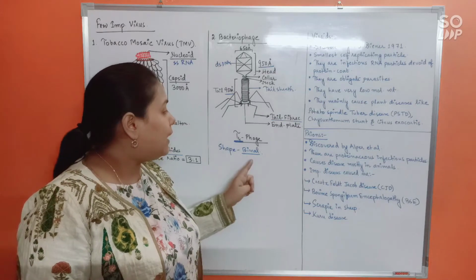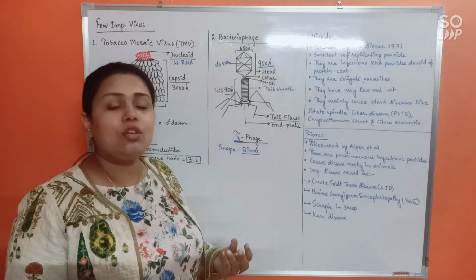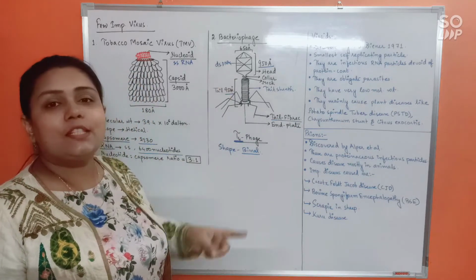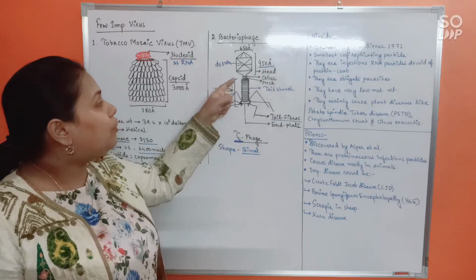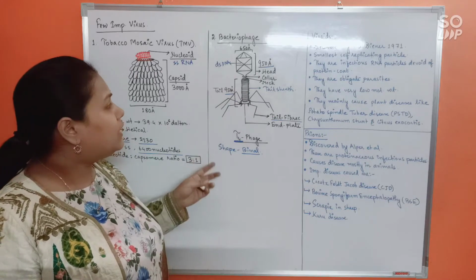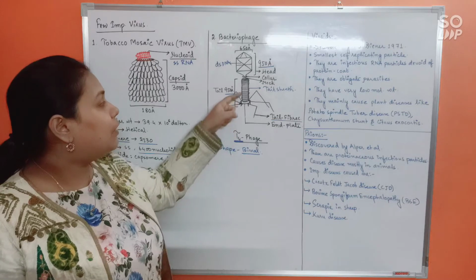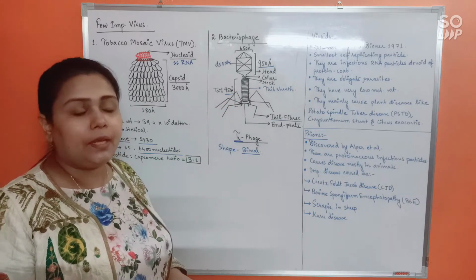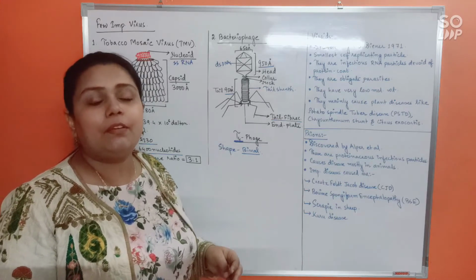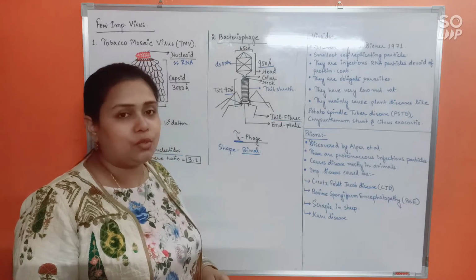Alright, understood? So what you need to remember here is that bacteriophage or bacterial virus, they only infect bacteria. They consist of binal shape, means cuboidal head and helical tail. That's a combination called binal. Now, the head consists of double-stranded DNA as the infectious particle, followed by a collar and a neck, and finally starts the tail. The tail will have tail sheath that will contract and expand, and finally it will be followed by a base plate or end plate that will possess 6 tail fibers, which will help the virus to properly hold on to the host while infection has to be caused.